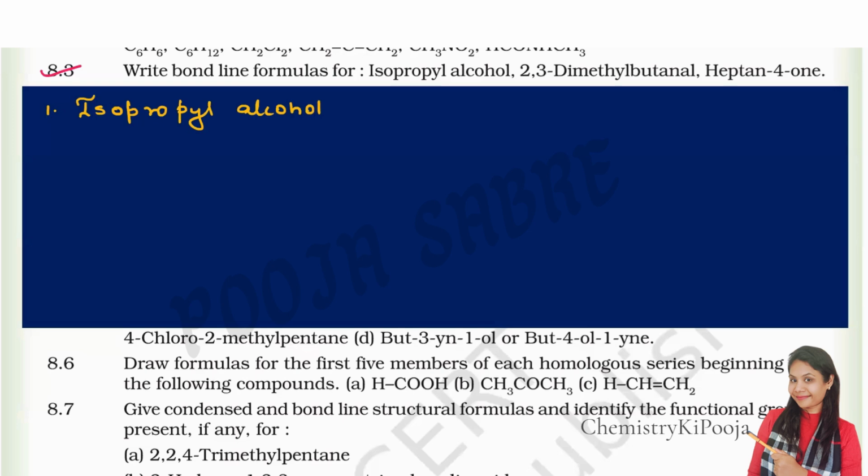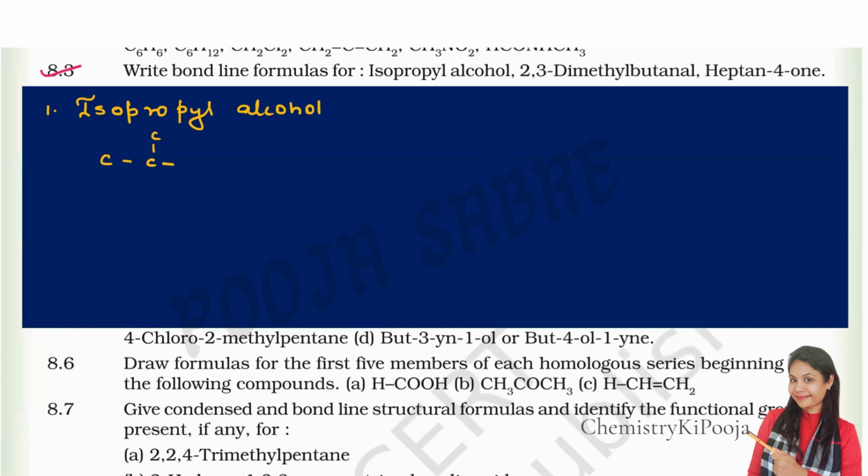Now, isopropyl alcohol, the structure is, in this case, carbon, carbon, and carbon. In many of the videos, I have already explained the meaning of the iso group, and then the trick also I have shared many a times. The trick is wherever you find the possibility or the presence of this particular group, the 7 group, just remember the 7 shape. It can be reverse or inverse. So whichever form it has, it is present. So this is the iso group.